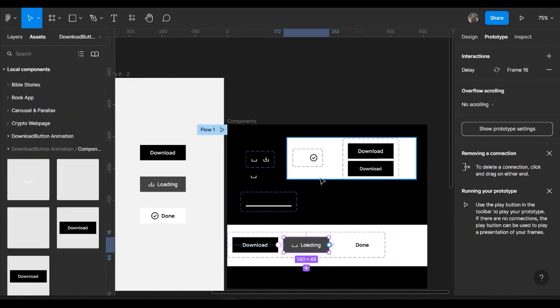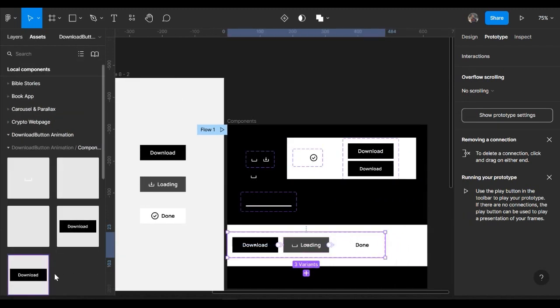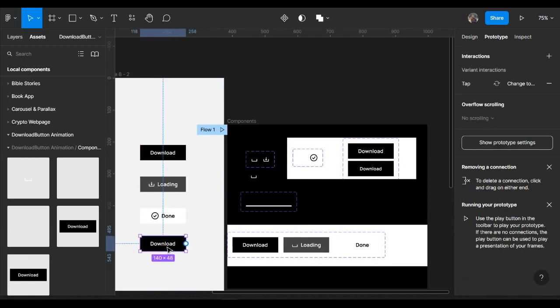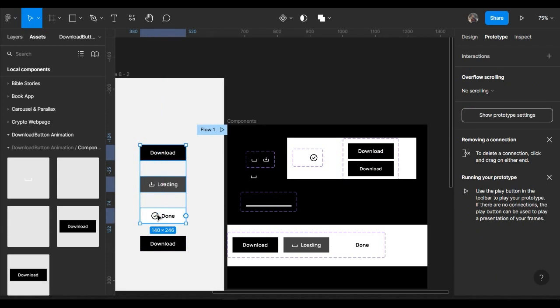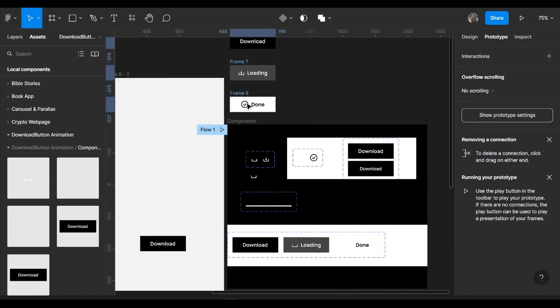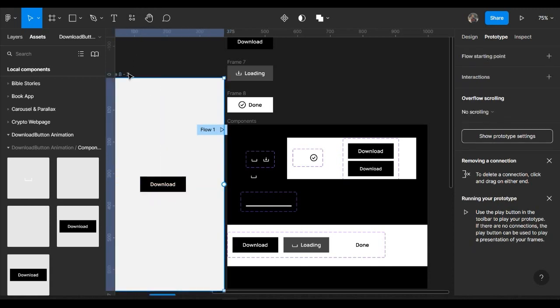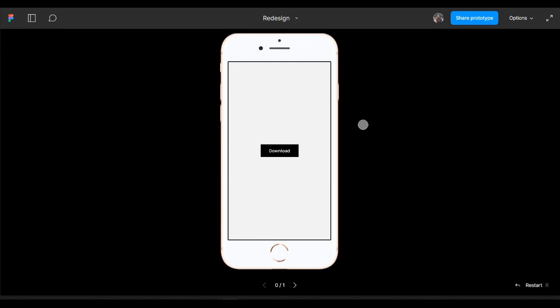So I tap on this component. This is a button icon, button component. We're just gonna remove all of this outside here. I'm gonna have this here. Then I'm going to play this tap and